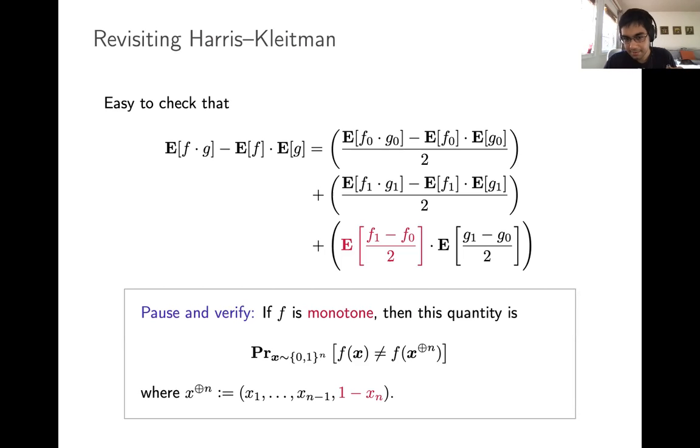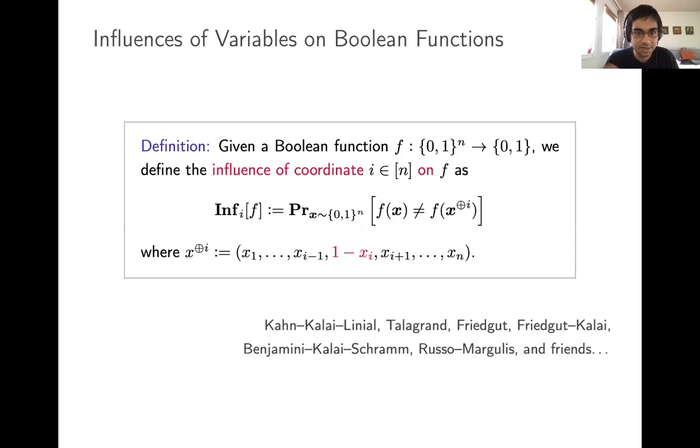And this is a well-studied notion. So let me say a little bit about this quantity in slightly more generality. So given a Boolean function on the n-dimensional hypercube, you can define the influence of any of its n coordinates as this probability of